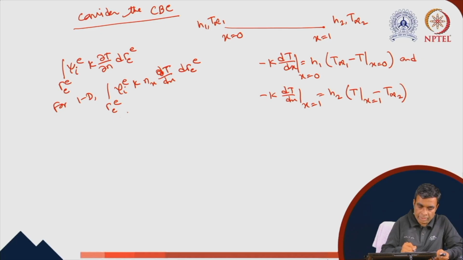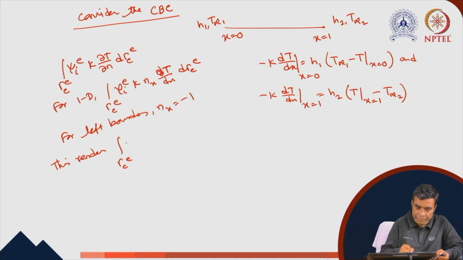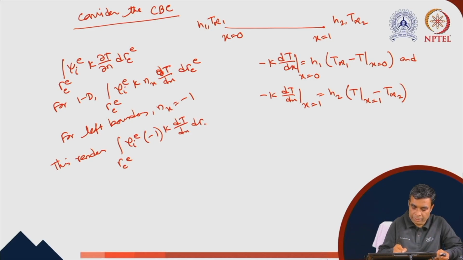Now, for the left boundary, n_x equals minus 1, then this gives integration over Γ_CE of ψ_IE (minus 1) K dT/dx dΓ_CE